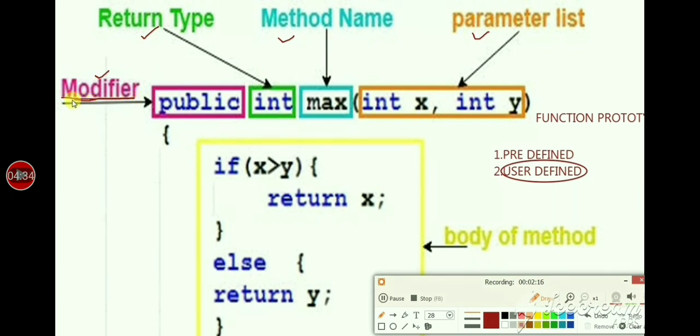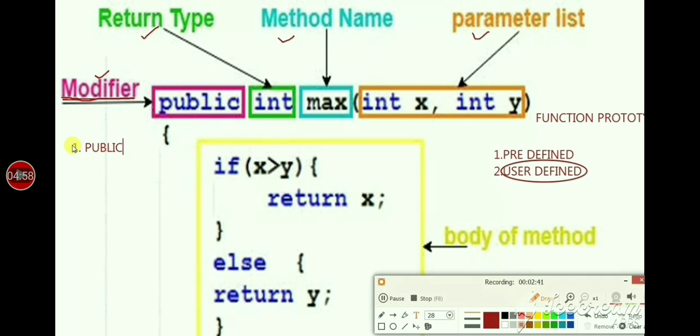Methods have these keywords at the time of method declaration. Another name for modifier is access specifier. Access specifier is necessary in the function declaration. Access specifier defines the accessibility of a method, that is, which one we can access and which one we cannot access. Java supports 4 access specifiers.